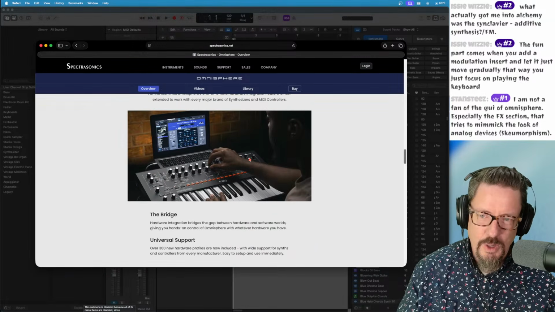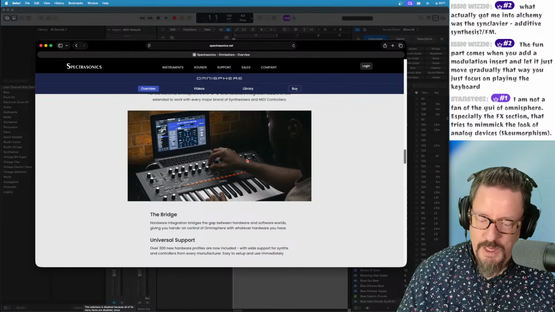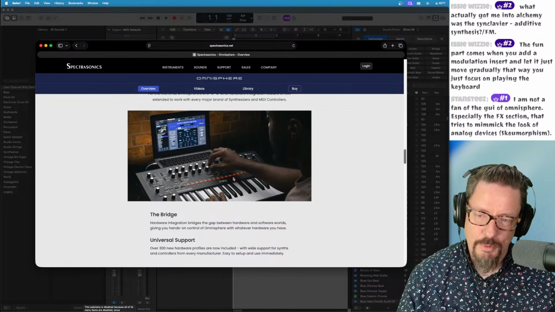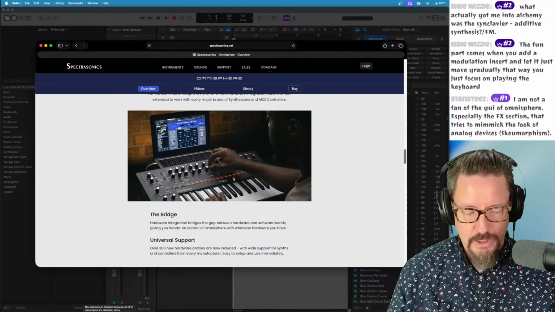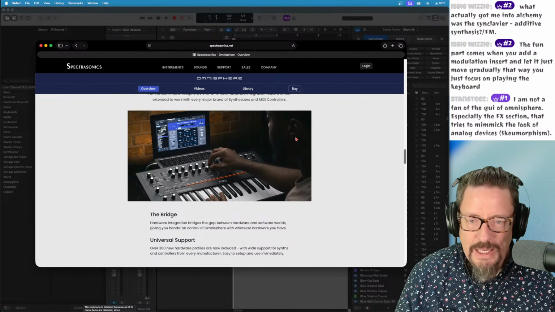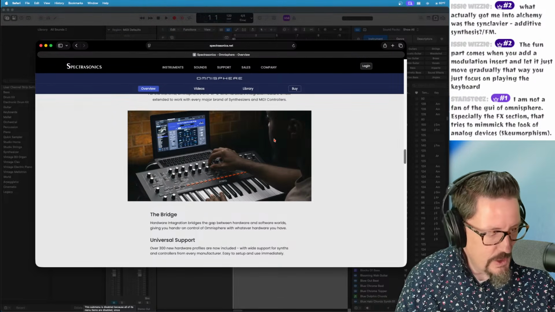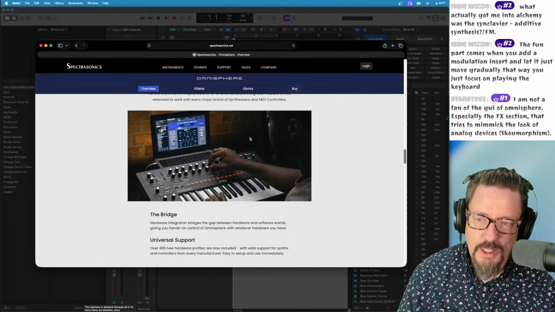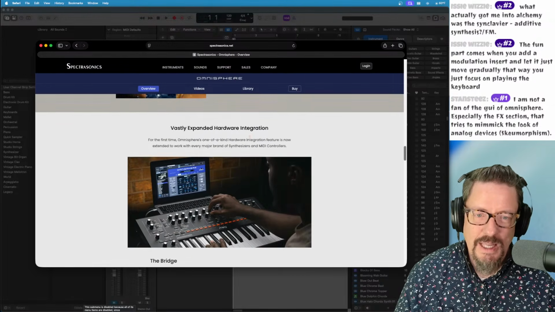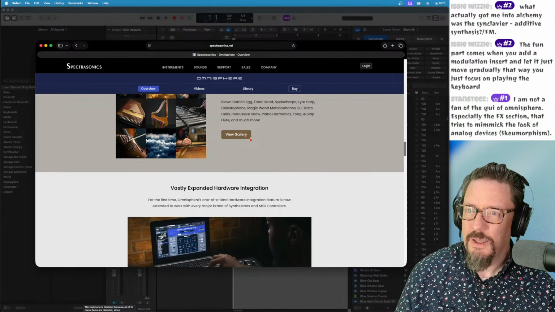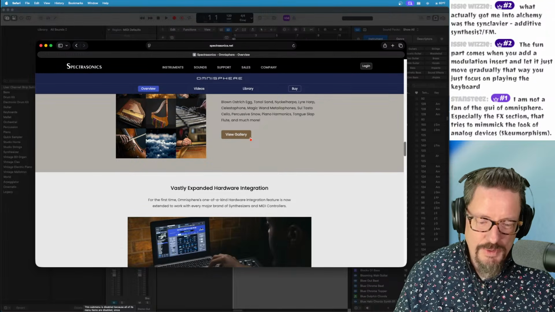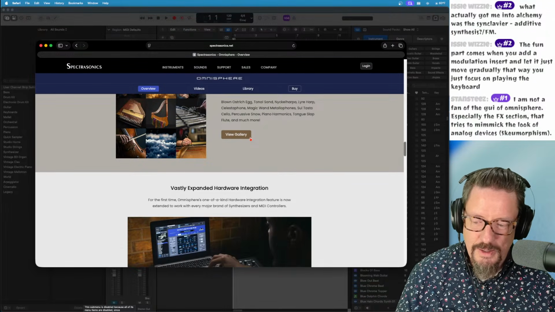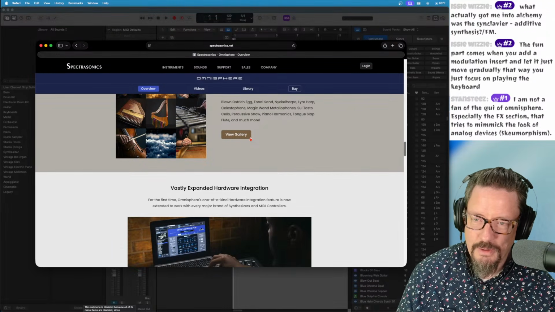So the hardware control, I wish Apple would do this for Logic. Take the 300 most common controllers and let us have that kind of ability instead of just the 8 most common controls in our like little smart control thing.